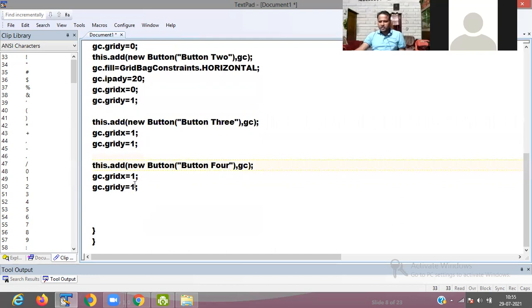gc.gridx is 0, in the y axis it is added into 2.